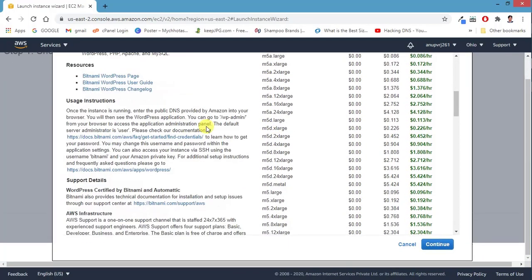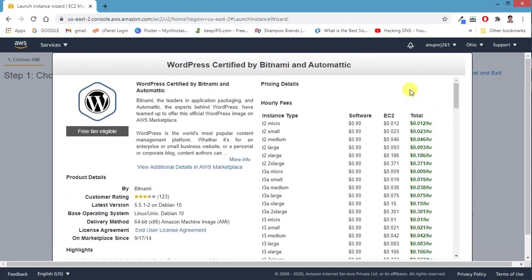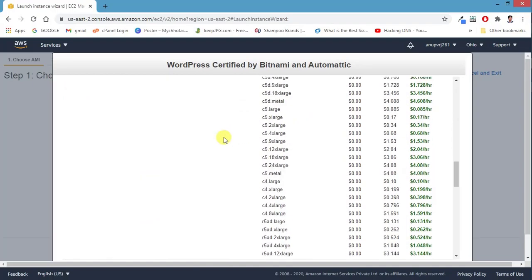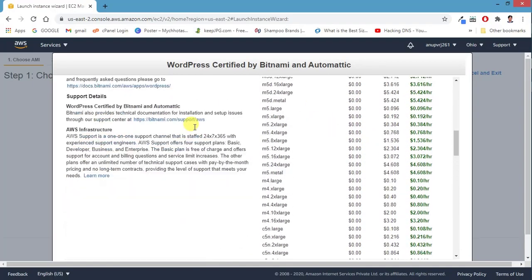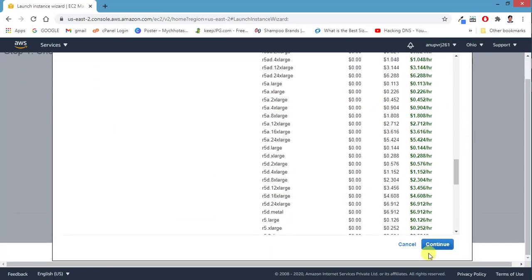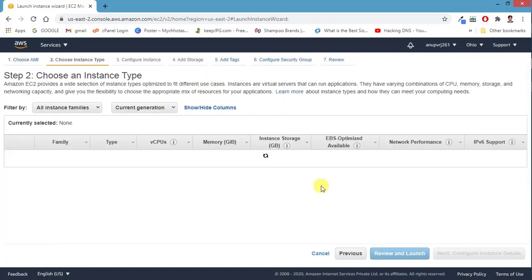It will show the information and all. And guys, don't worry about the price and all. This is only going to be charged once you are going to use their software. For now, I think it's definitely free. If you want to know what free things AWS is giving, in the last video, at the time of creating the account, I mentioned it is free for 12 months. So okay, I'll continue.